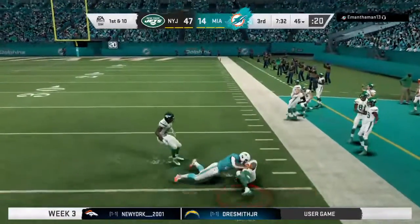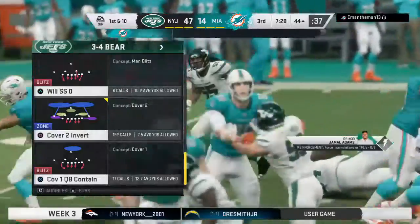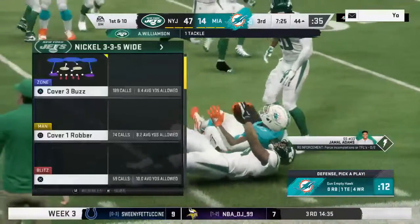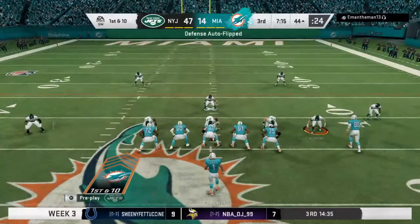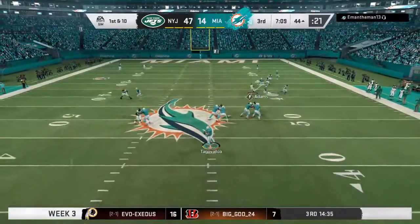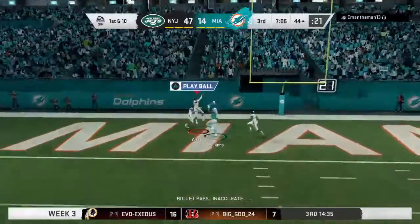Check 43. And taking it across midfield and inside the 45. A Miami first down, that one going for a gain of 11. The more football I watch, the more I want to check and see if teams are going to panic when they're down on the scoreboard. And this team has shown no signs of doing that. A lot of the time, they come out after the half. Things haven't worked so well in the first go-around. They want to throw the football like crazy. But the way to open up throwing the ball is...